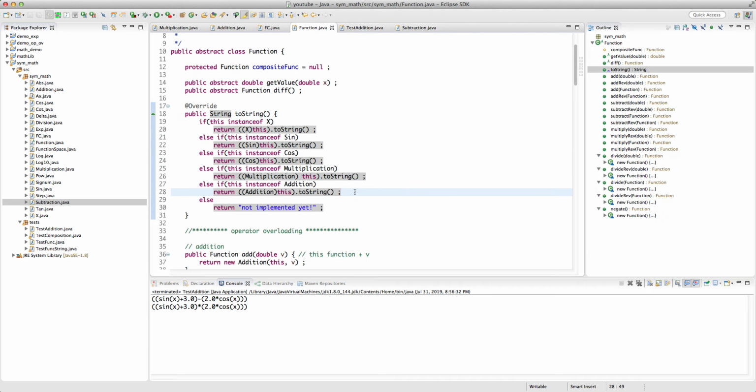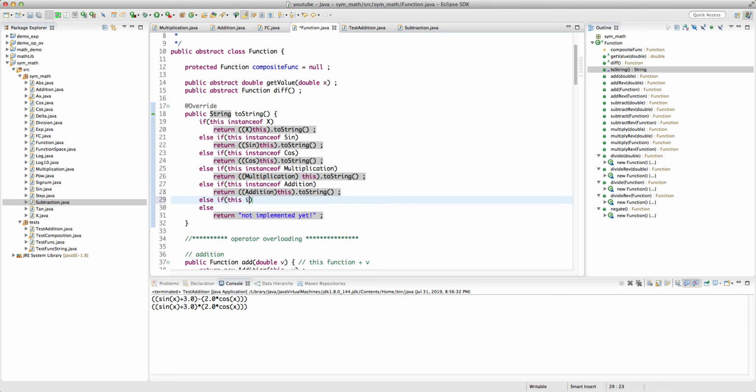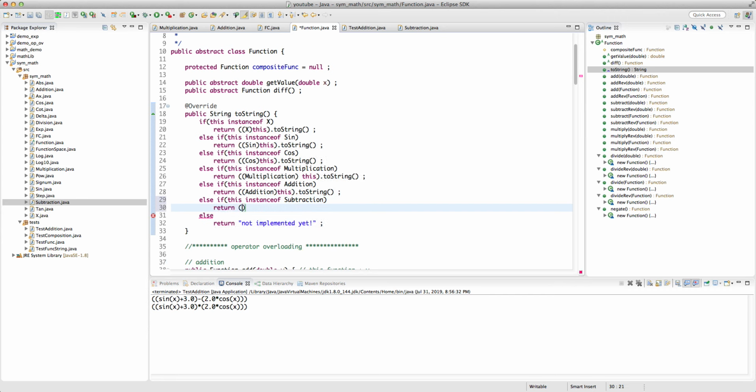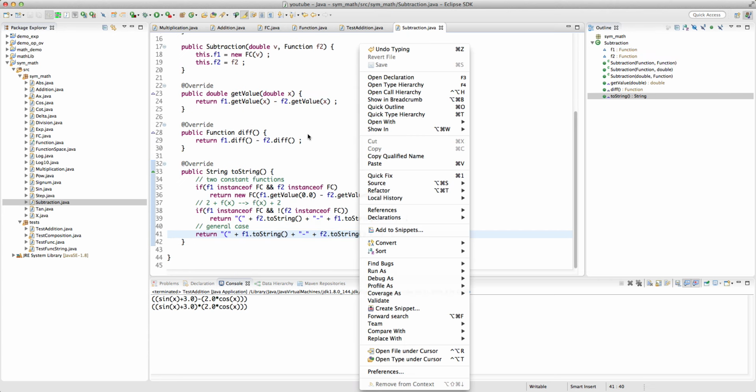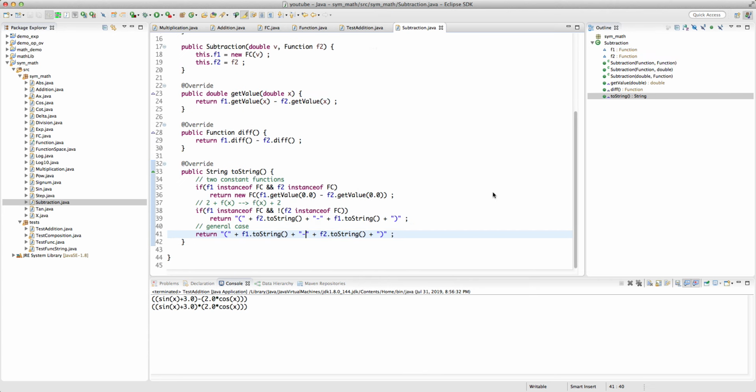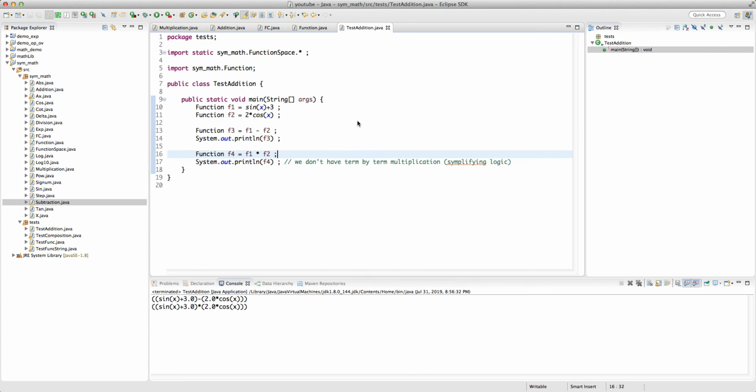similarly for subtraction, else if this instance of subtraction, return subtraction this dot toString. So we're doing typecasting here. Okay,